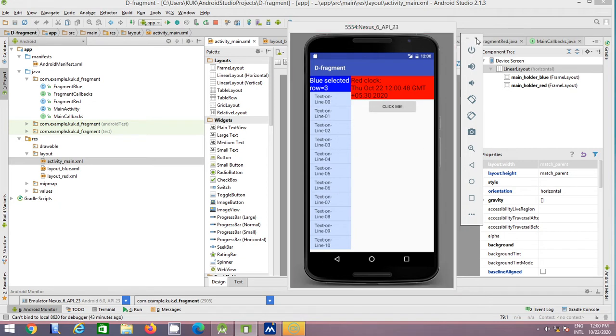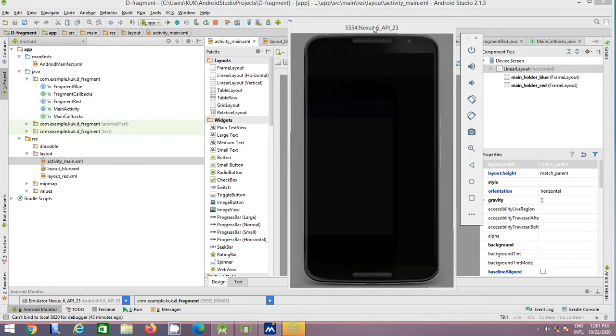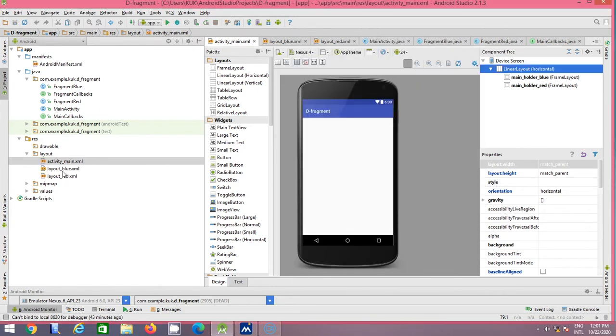So how will we implement it? For implementation, first we have used 3 XML files. One is the main XML file, the second one corresponds to the blue fragment, and the third one is layout underscore red for the red fragment.